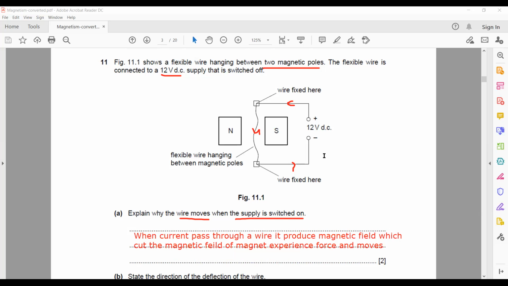Use the term cuts. Cuts here refers to crossing each other. So when current passes through a wire, it produces a magnetic field which cuts or interacts with the magnetic field of the permanent magnet, experiences force, and that's why it moves. What will be the direction of the force? Which rule will I use here for finding it, and let's